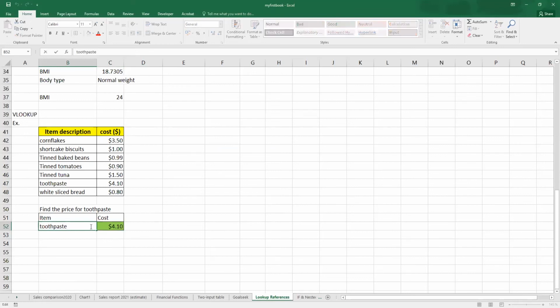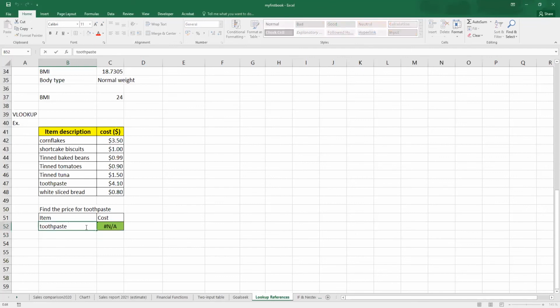Let's see this example. If you have a look, the item name is toothpaste but the cost is NA, an error. It cannot find the cost of the toothpaste for us. What's wrong? If you have a look properly at toothpaste here,